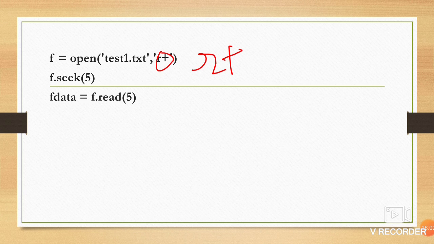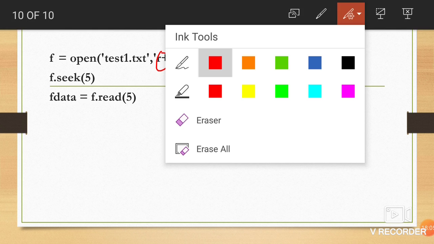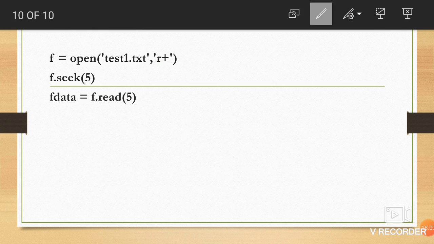Now what did we do here? f.seek(5) means what? It will change the position of the file handle or file object to the 5th offset.